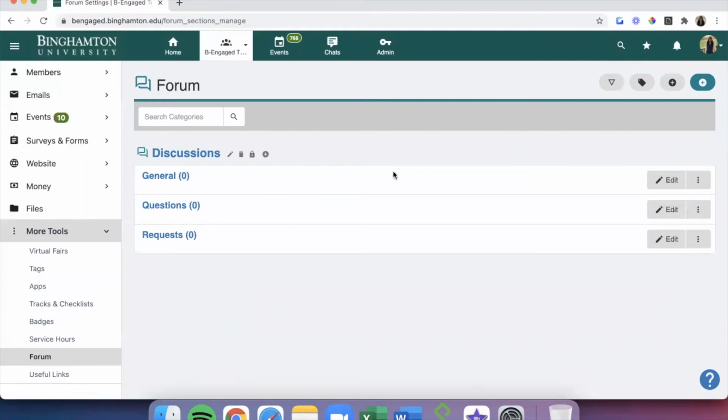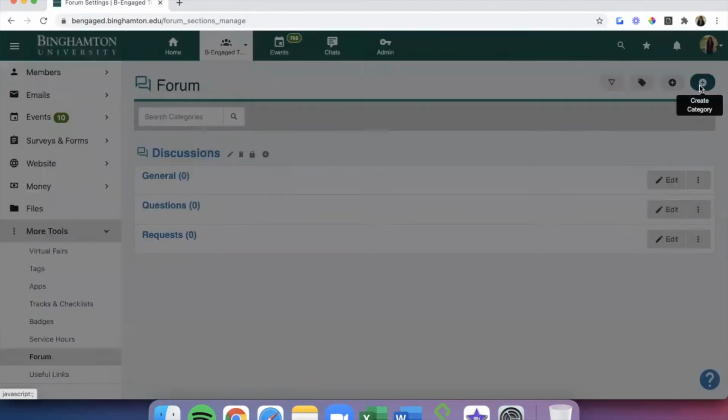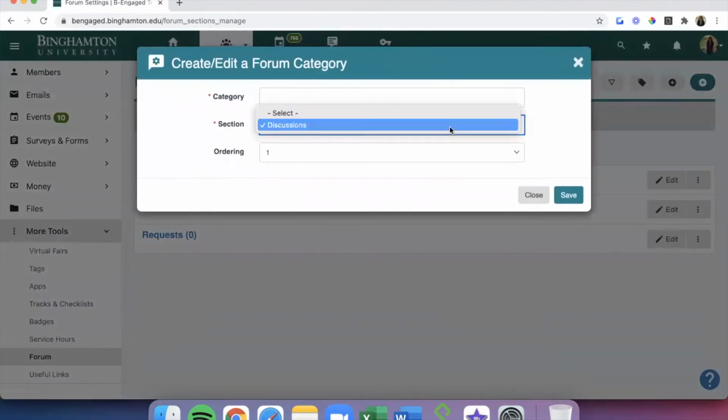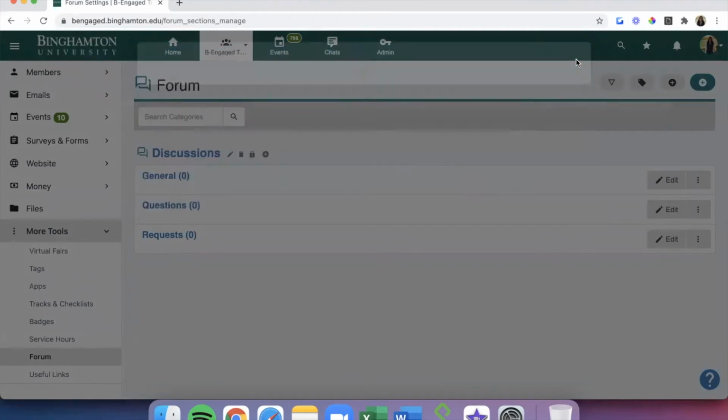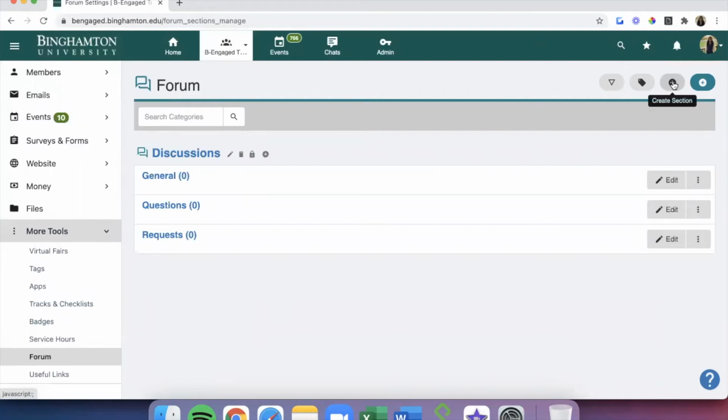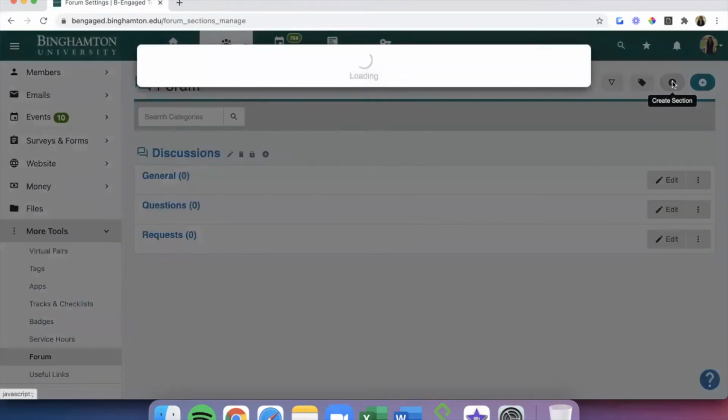The first button is entitled Create Category. It is used to create a category, which is self-explanatory. A category is a distinct part of a section that houses similar posts from either officers or members within it. The second button is entitled Create Section. It is used to create a section, as you may have guessed. A section is the theme for a group of categories, whether they be threads specifically for discussions, questions, comments, and so forth.